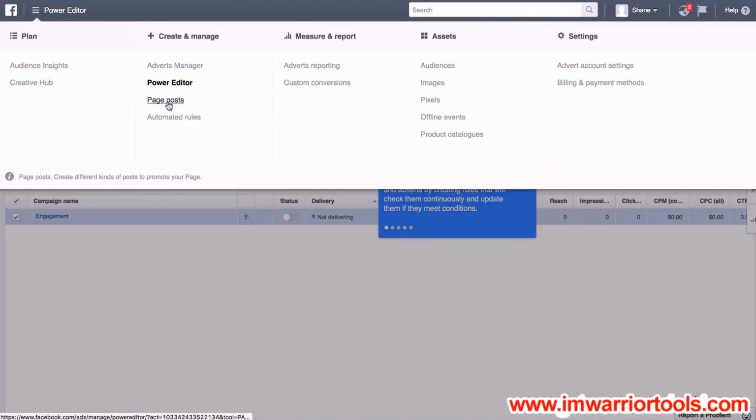Page Post, which is create different kinds of posts for your page to promote. All we really need to know on this is we're going to do audiences, pixels, and probably maybe we're going to do offline events and Power Editor. And then you've got your billing and payment information and advert account settings, and this is for your personal stuff. This is going to be separate to when you start a business account. Okay, so this is for personal,